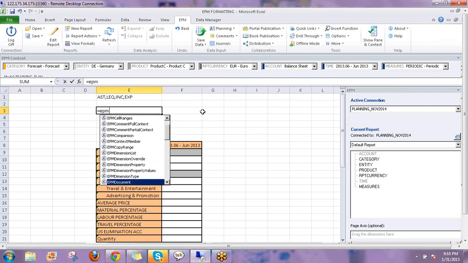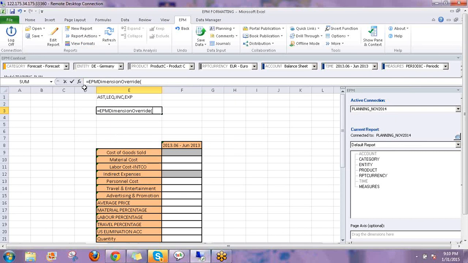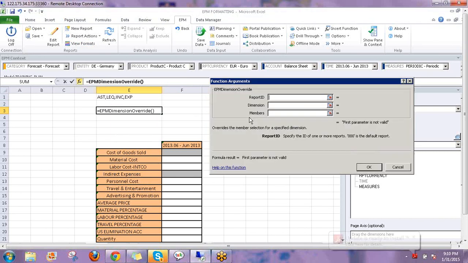EPM dimension override. So I want to override the dimension value. Dimension override. What dimension? Account dimension. And what members? Account type equal to